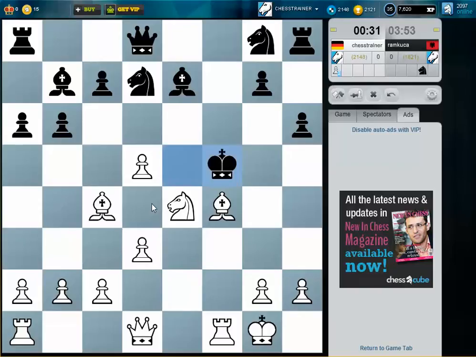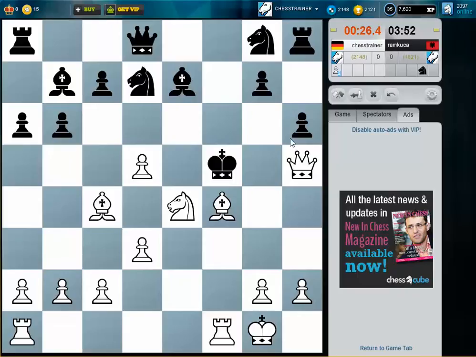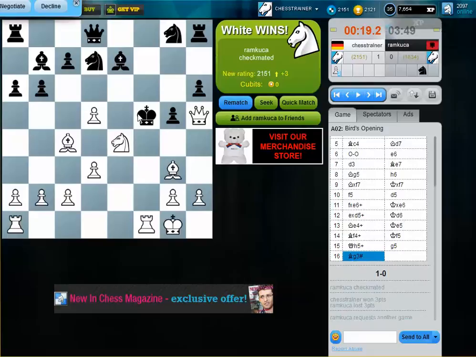So he just moves into this. Okay. Queen f7. So he doesn't have any squares now for the king here. What about this move? Yeah. Nice. So yeah, the poor king of black was just very, very lonely in the